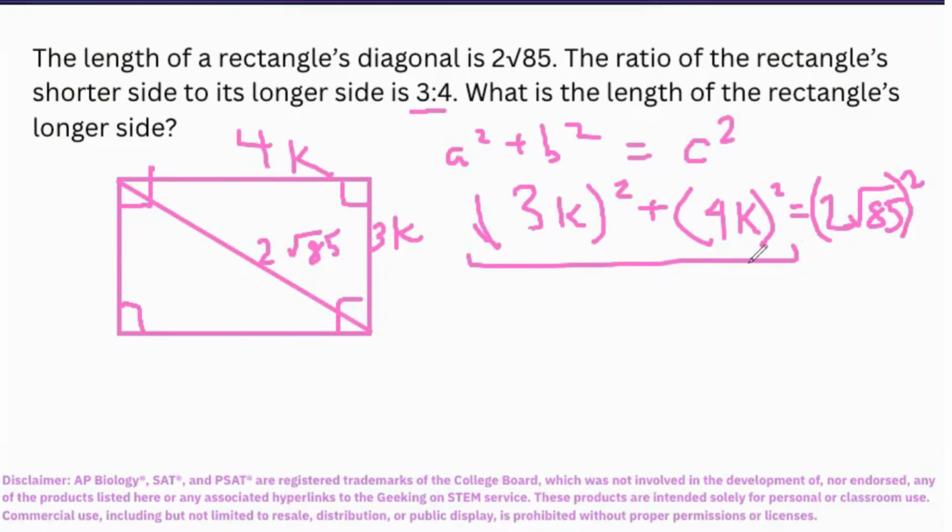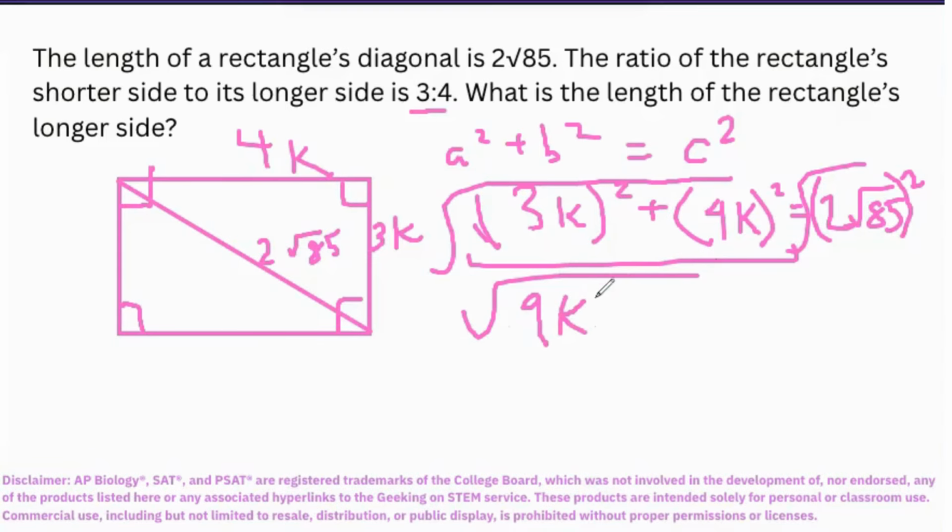I can simplify this by taking the square roots of both sides, and that eliminates that. But remember, I'm going to take the squares of the inside, right? So we have square root, 3 squared is going to be 9k squared because I distribute that 2,